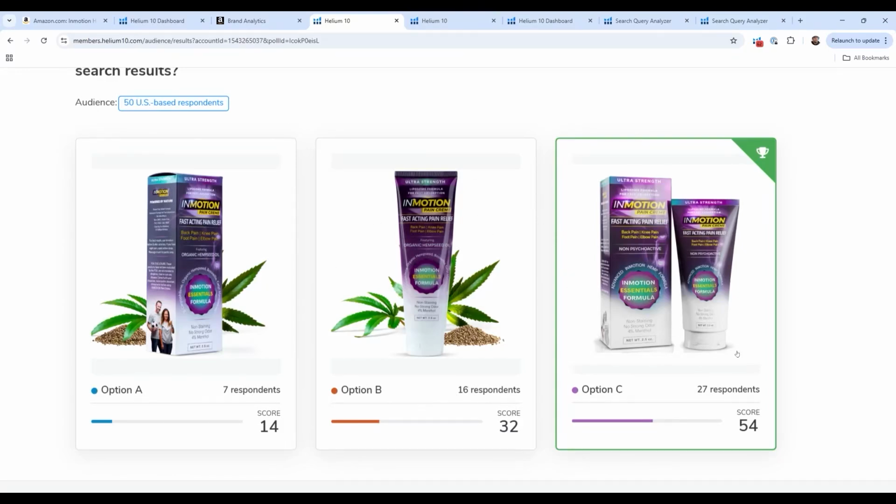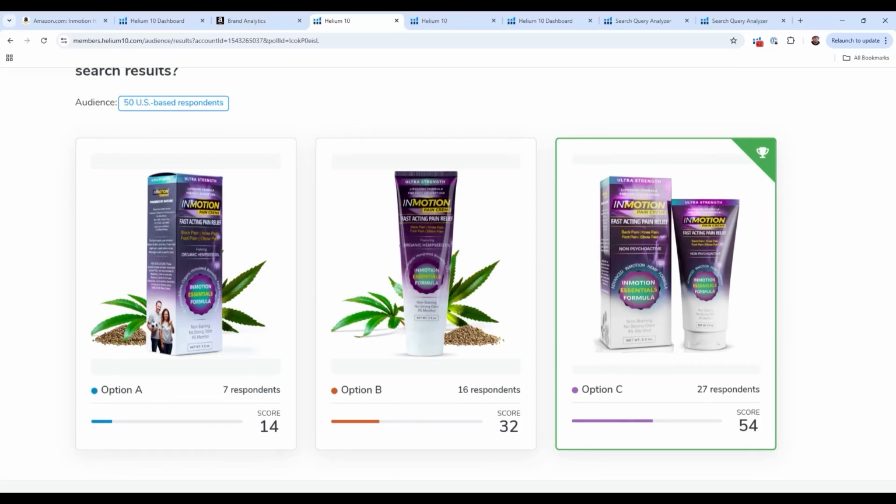The score, 54 to 32 to 14. So there's clearly a preference here. Doesn't mean that if somebody saw this, for sure they're not going to click on it and definitely not buy it because this is the ugliest one. But is the conversion rate going to go down? Is the click-through rate going to go down potentially based on this? Absolutely. And remember, 1% up or down, 2%, 3% percentage points going up or down, it has a big effect